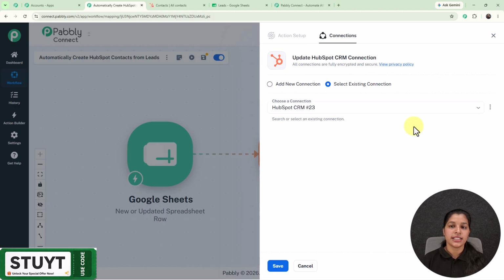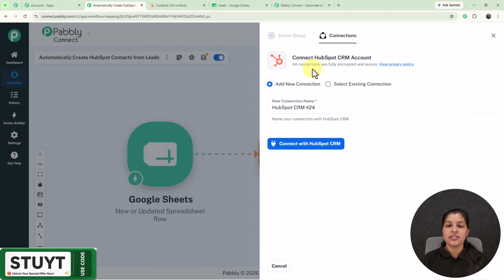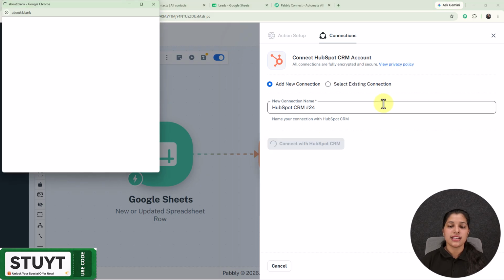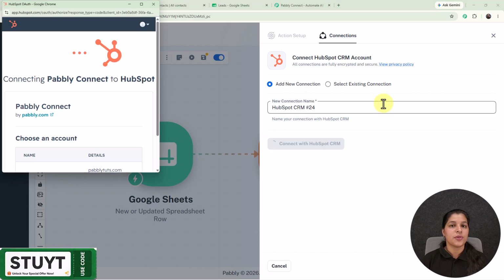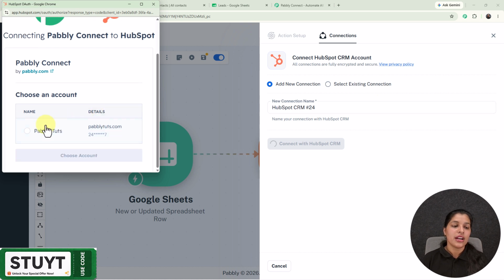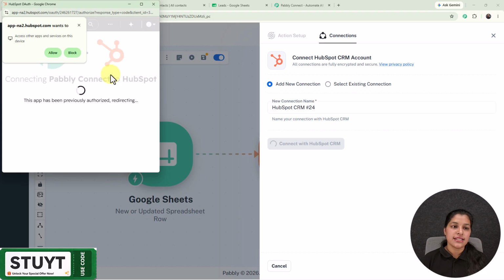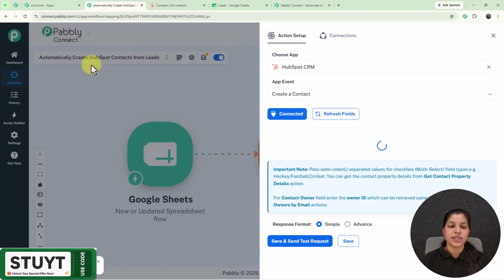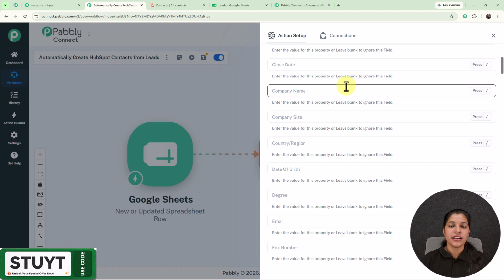Now here for building the connection, we are on the connection page. So for building the new connection, you just have to select this button that is add new connection. Now let's select this button that is connect with HubSpot CRM. And now here I'm going to select my account. And as I have selected it, my connection has been built in so smoothly